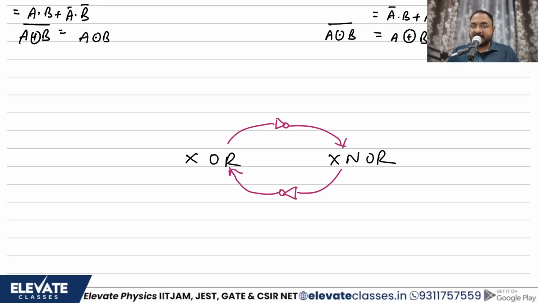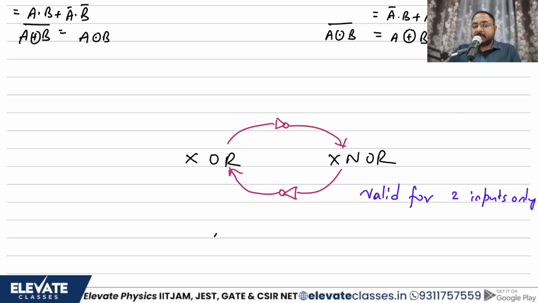One last thing. Trust me, this is the last thing in this video. Apologies for the larger video, but I think this will be useful. Anyways, XOR passing through a NOT gate becomes XNOR, and when you operate the NOT operator on XNOR, you get XOR. This particular result is a very, very important result, but this result is only valid for two inputs. Valid for two inputs only.